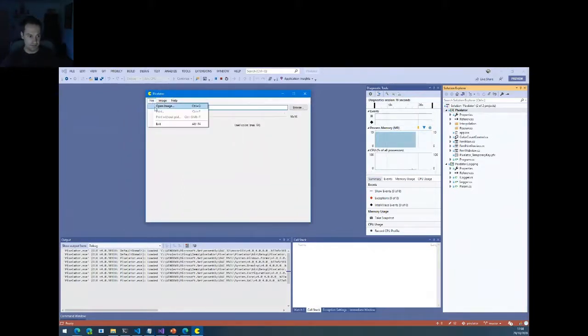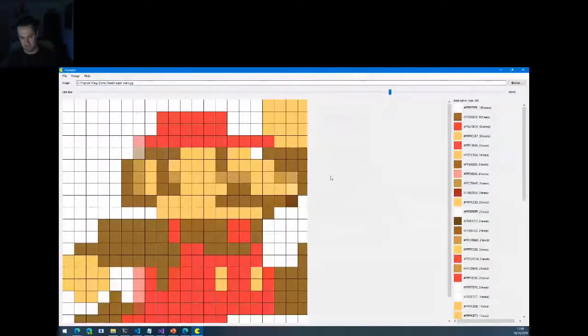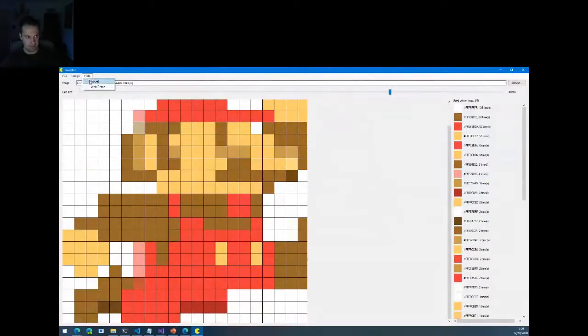So this is the Pixelator. If I select an image, it pixelates it. You can choose the grid size. Kind of simple thing. There's an about that should open a web page somewhere. Again, on the other screen, that's okay.